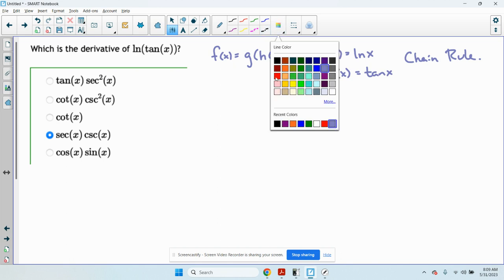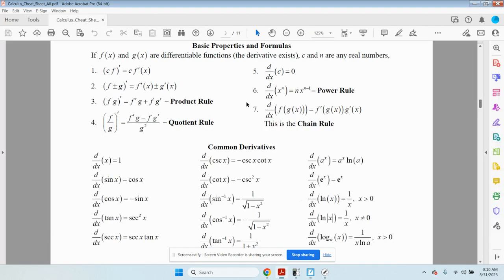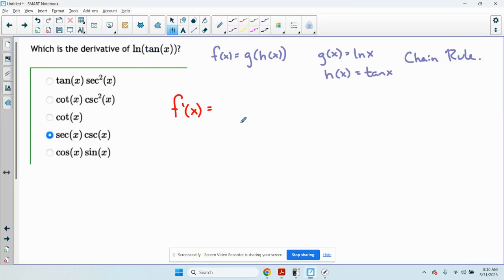So to apply the chain rule, I'm going to start by finding just the derivative of the outer function, leaving the inside the way it is. So I need to find the derivative of ln of x. Well, from the formula sheet, the derivative of ln of x is 1 over x. And whatever this thing is inside, you just leave it where the x is. So the derivative of ln of tan x is going to be 1 over tan x